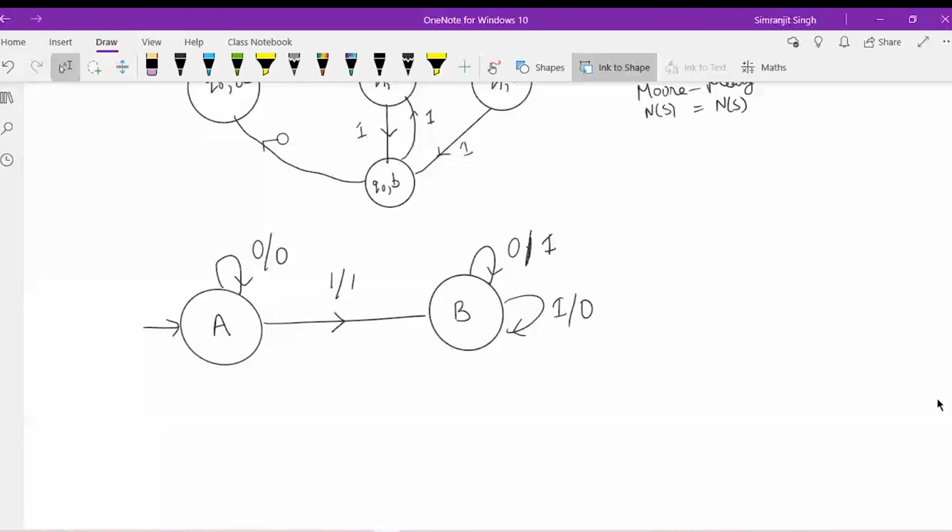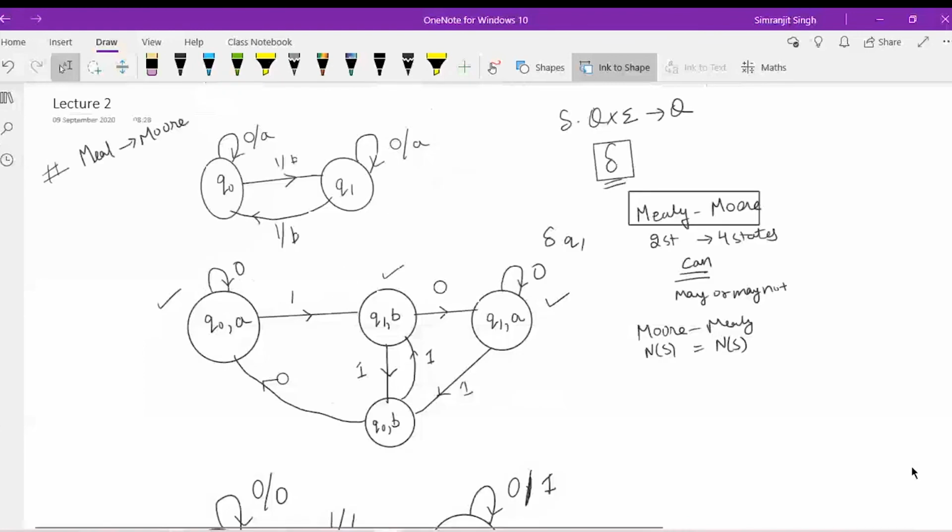In the above, can you just scroll it up a bit? Over here in the state Q1 comma B, why didn't we have a self loop over there? Okay, so if you see on Q1, the self loop of 0 with the output of A. If I just do a self loop of 0, the output inside the state should be A. So that is why I have not.